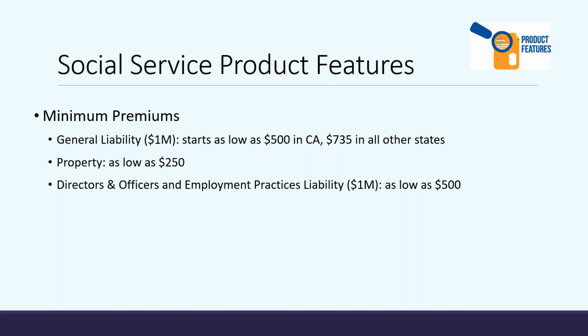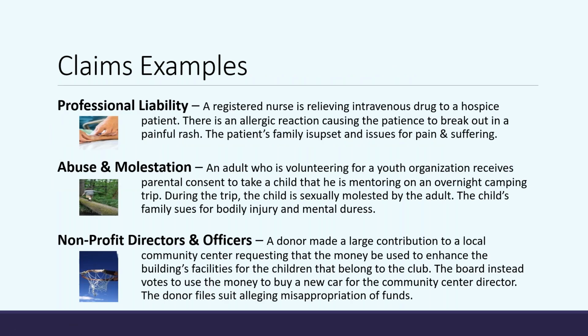But again, with California, sometimes we can get an entire package under $500 as the minimum premium. Property coverage, if we're dealing with contents, you can usually get it for about $250. And then D&O and EPLI, we can go as low as $500. It just depends on the different coverage features that they're looking for. We're just trying to be price conscious in certain areas. Again, as you'll see in a couple other slides, the premiums can be pretty robust if they have a lot of different programs and services. But if they are a smaller one, we're going to be pretty price conscious.